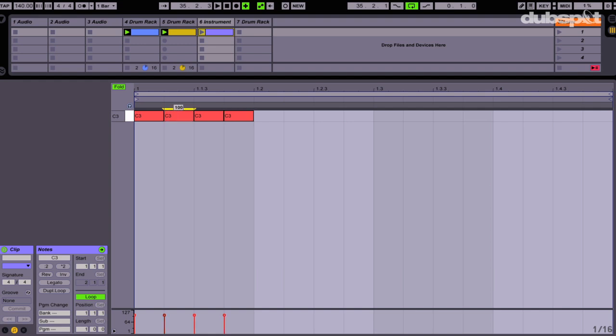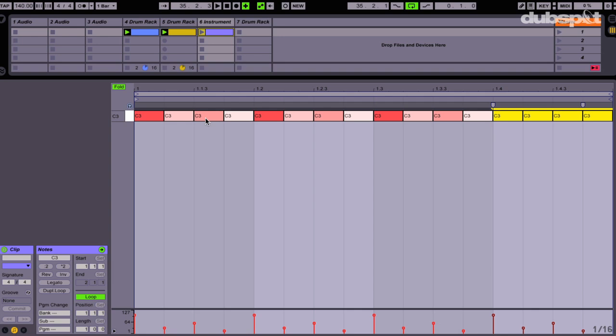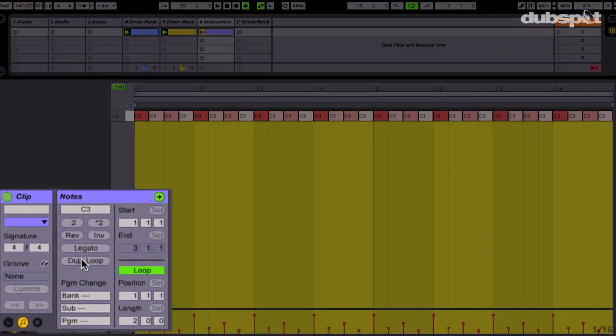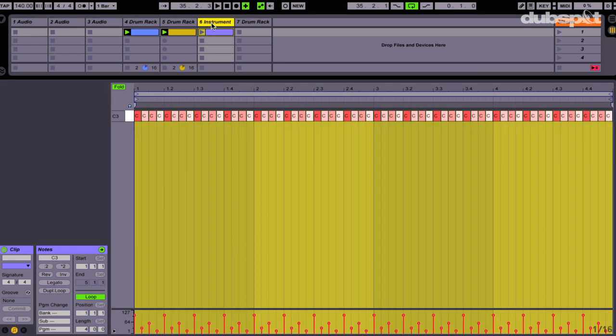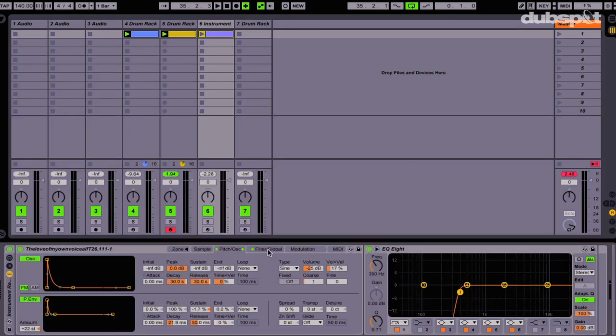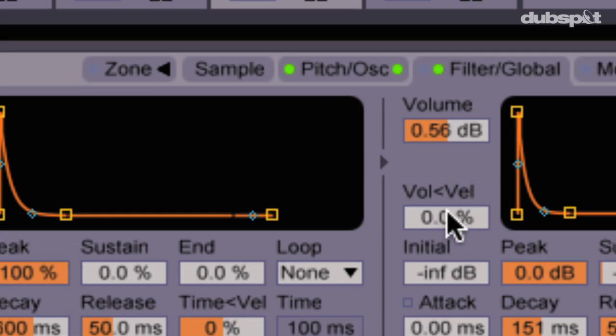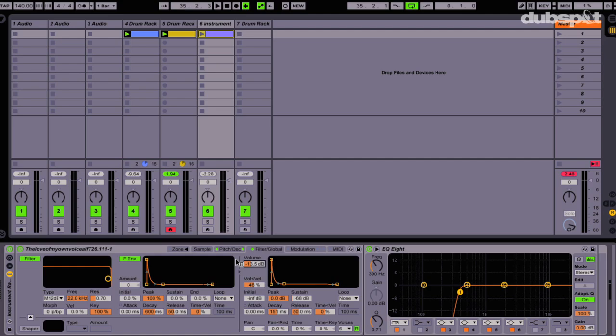So I'm going to go ahead and adhere to this strong beat, weak beat, and you're not hearing any changes going on yet because I haven't made sampler adjust to this. So let's go ahead and highlight all of these pieces, duplicate, duplicate, duplicate, and let's duplicate the entire loop out and duplicate it one more time. And then I'm going to go into sampler, and I'm just going to go ahead and go to my volume and set the velocity to be responsive, and let's turn the volume down. So now if we listen back to this,